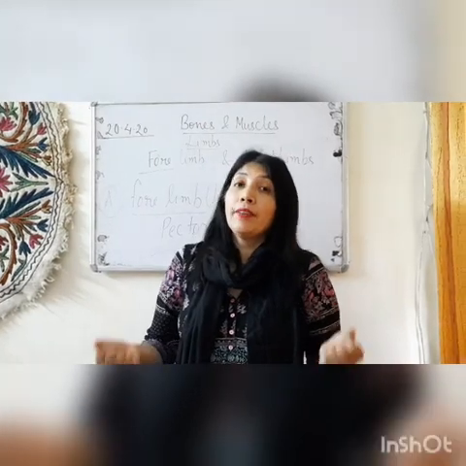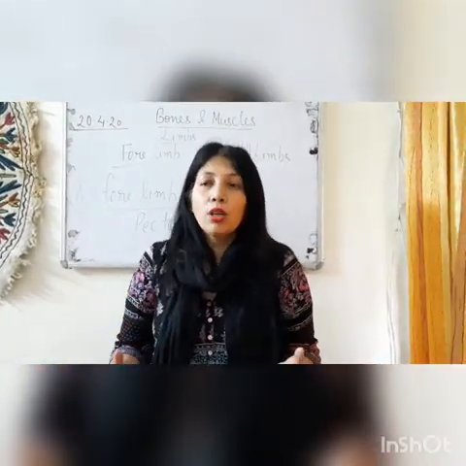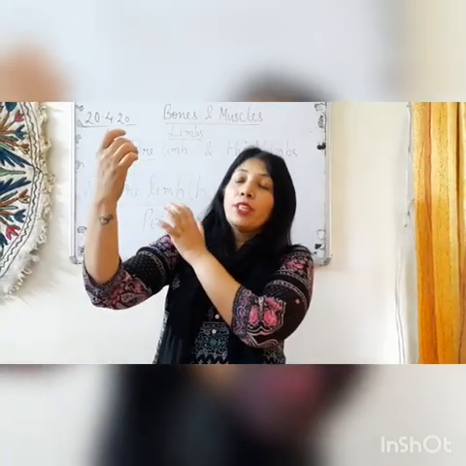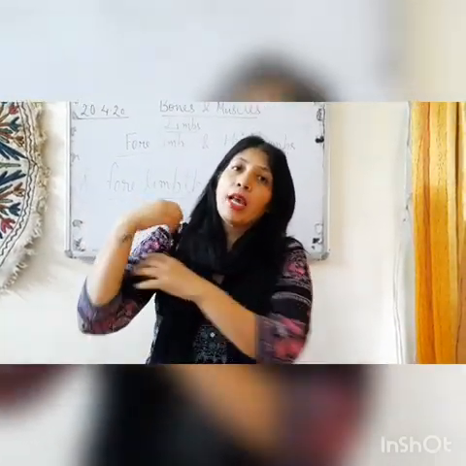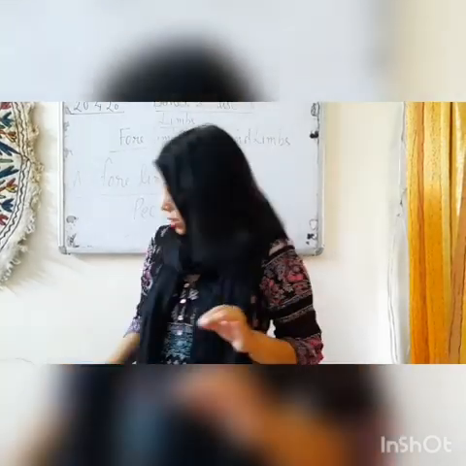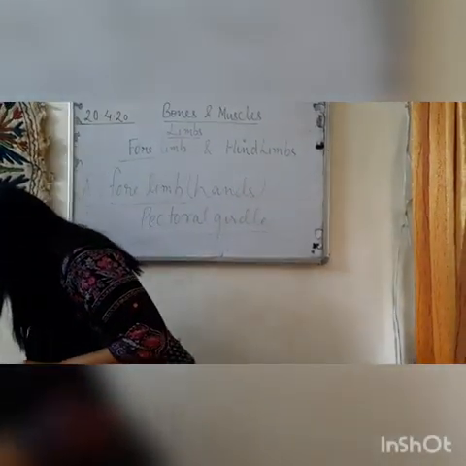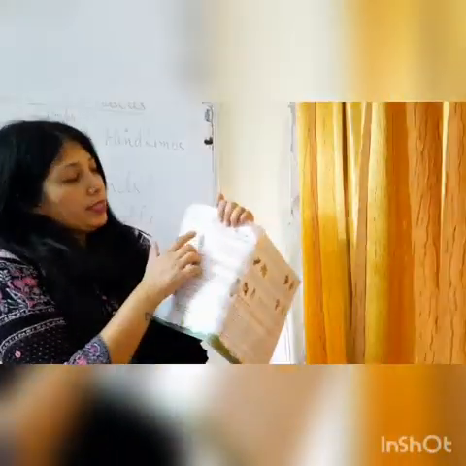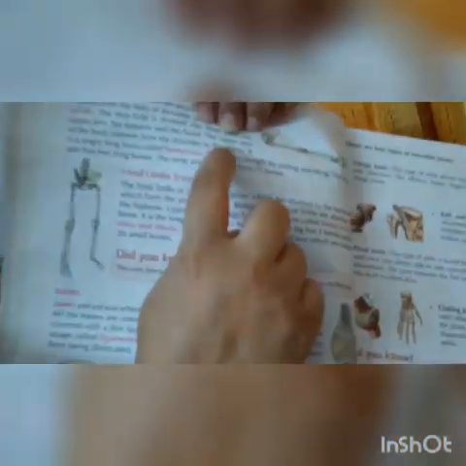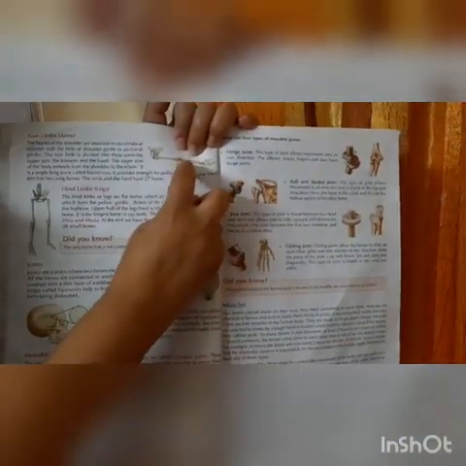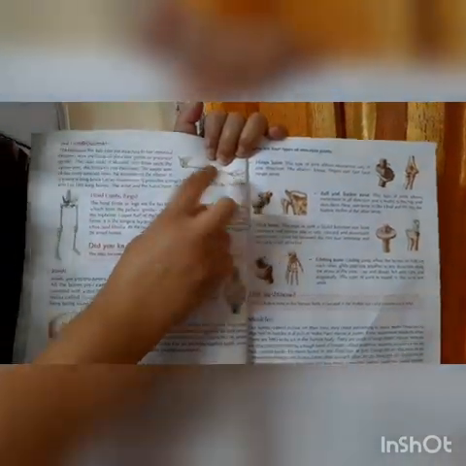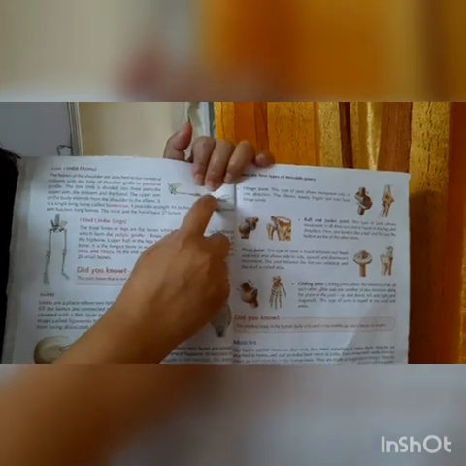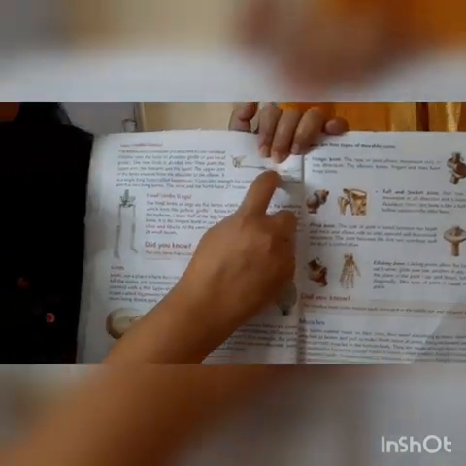It helps in lifting. Suppose you are lifting a book or you are lifting a box, that is because of your upper arm, and it is known as humerus. The spelling is given here, humerus, and this is upper arm, and it's a single bone. In the diagram also, this is pectoral girdle, this is humerus, and this is the forearm. And the forearm of the hand is made up of two bones.